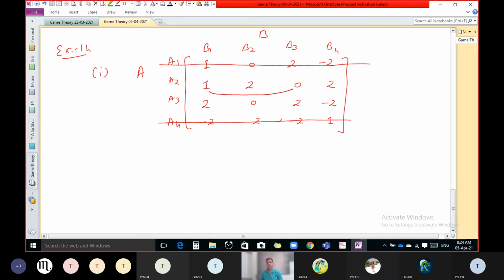Now tell me which one is better, B1 or B3? B3. And for this, which one is better? Both, that's same. That means now we are able to cancel one. Which one will we have to cancel, B1 or B3? B1. B1 we have to cancel because here there is less profit, less loss.